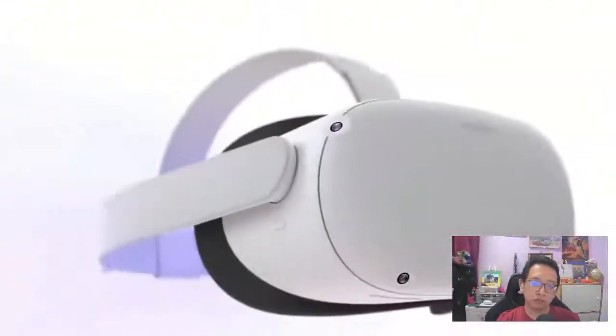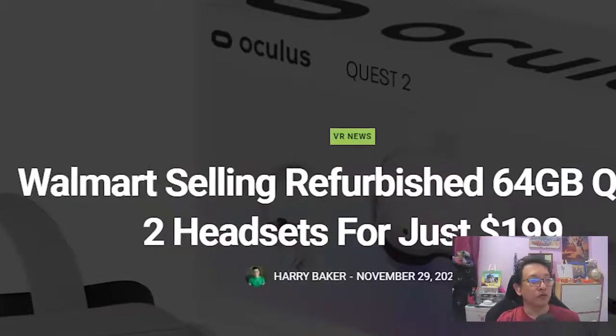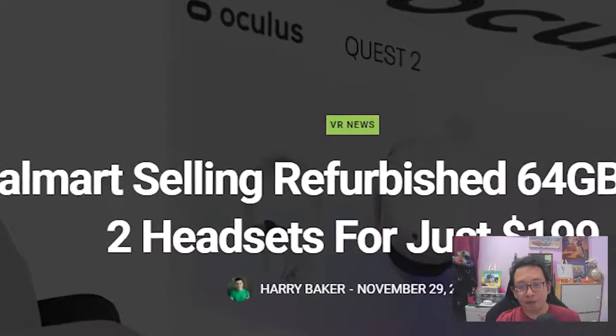First of all, I have some really good news for anybody looking to buy a Quest 2. The Quest 2 is the cheapest VR headset on the market, especially since it's standalone, but a lot of people still would like it to be cheaper. Well, in case you're living in the US, Walmart has some great news for you, because they are now selling refurbished 64GB Oculus Quest 2 headsets for just $199. And while yes, I still stick to my thoughts of the 64GB Oculus Quest 2 being a mistake, it's still